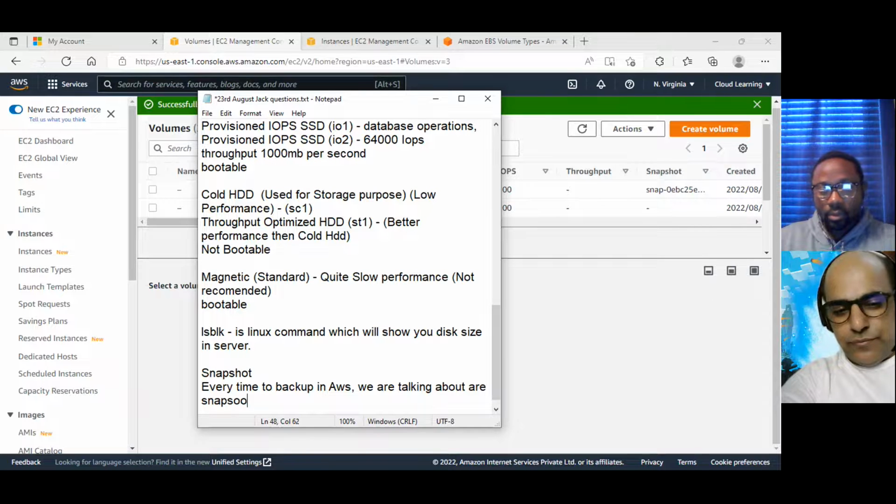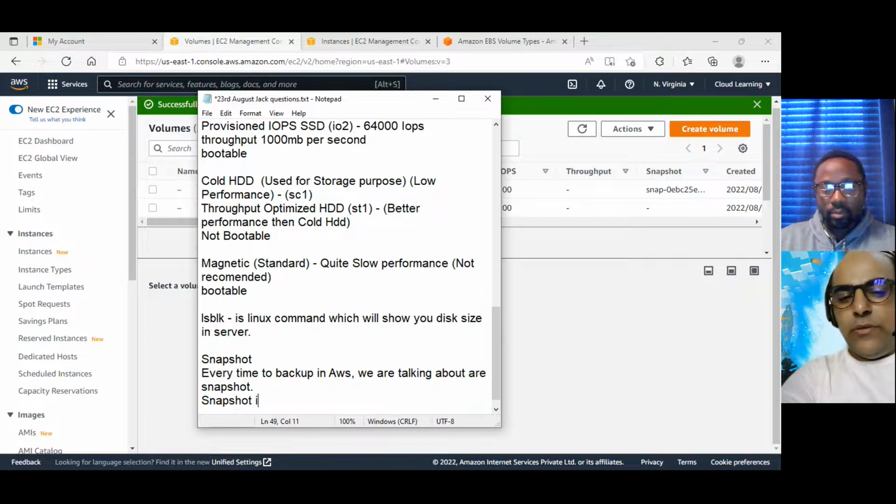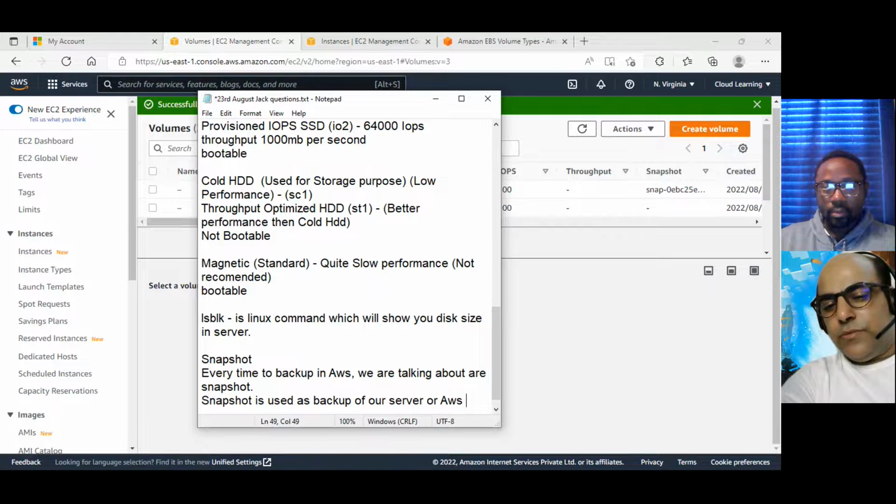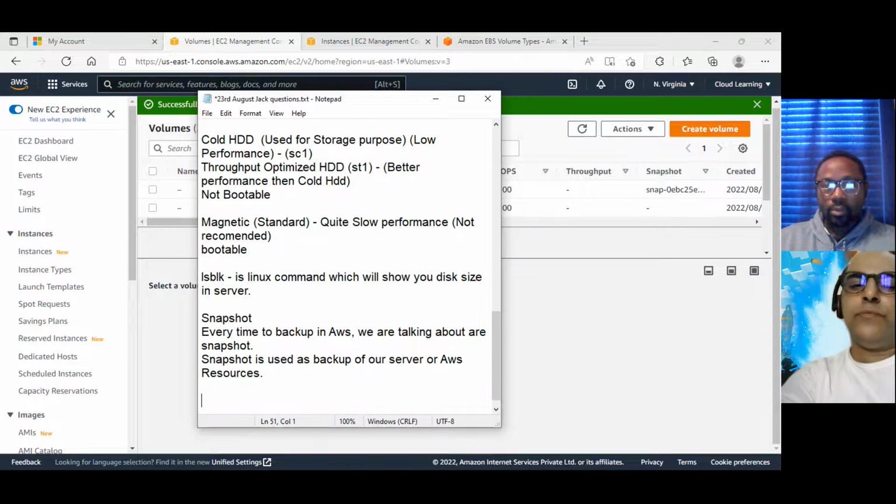A snapshot is used as a backup of our server or AWS resources. This is our backup.